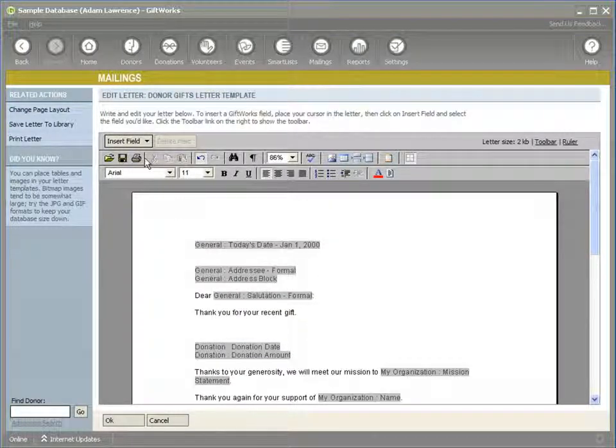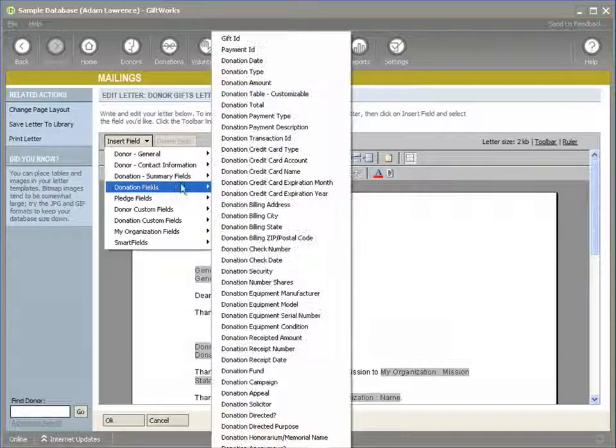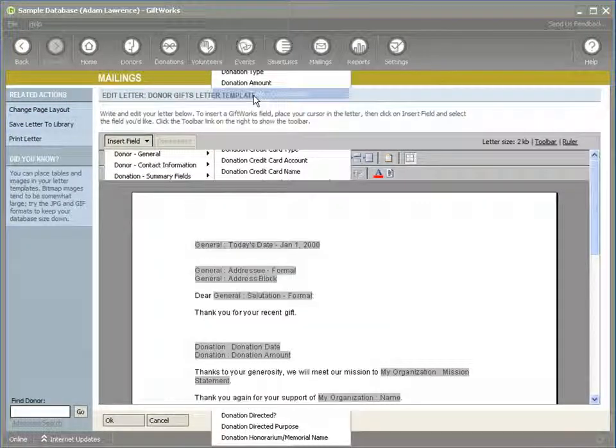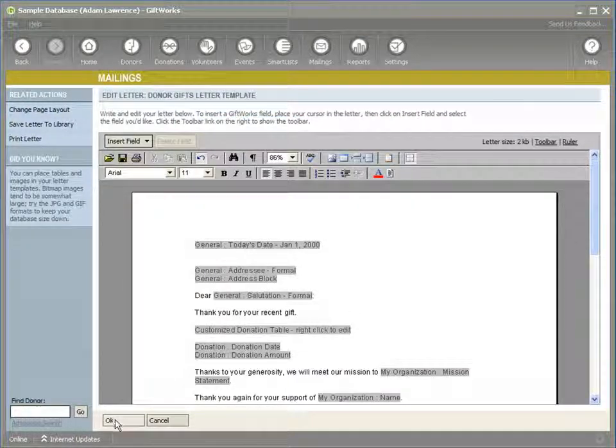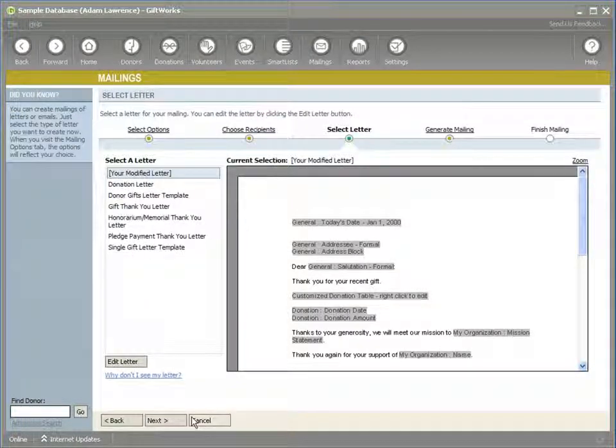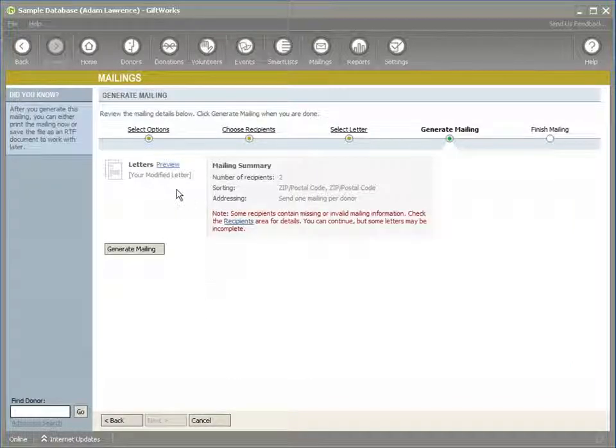Once we're doing one letter per donor, what we want to use is this donation table, which gives a table that lists the donations that are included on the recipient list. And we can customize some fields that are included on that. We'll just include all of them for now. And I'll go ahead and click OK. And you'll see when I do this mailing,